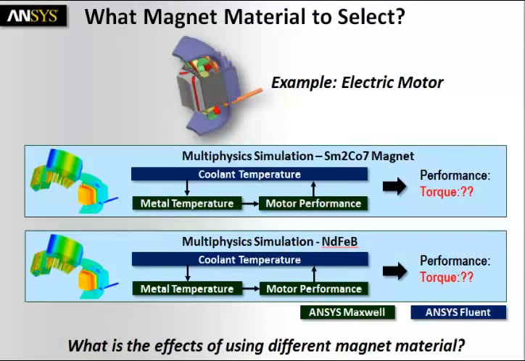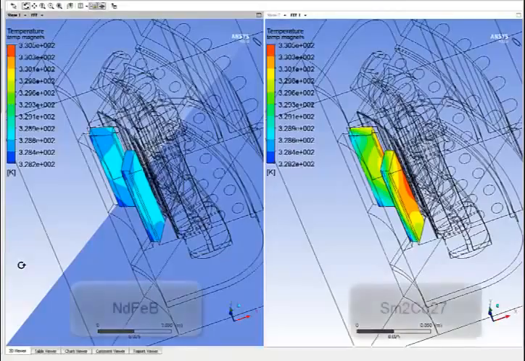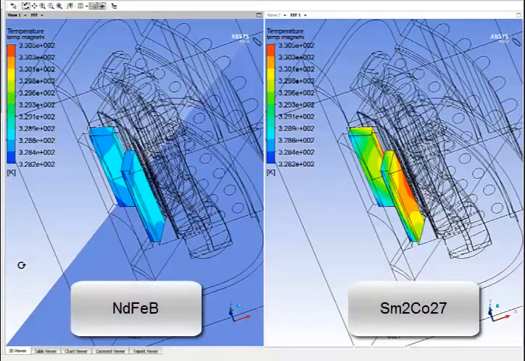Now we'll go one step further and look at two different materials, SmCo27 magnet and NdFeB magnet material, and we'll see if there's any difference in behavior, any difference in performance of the electric motor, when we use one material versus another. And it's very interesting when we start looking at the results, because we can look at the temperature of the magnet